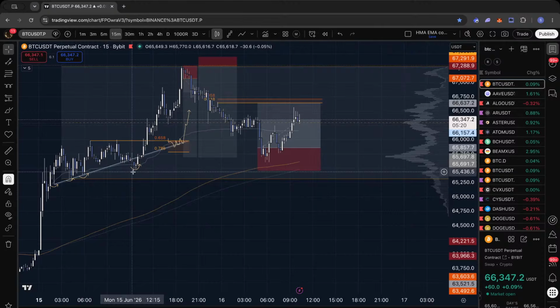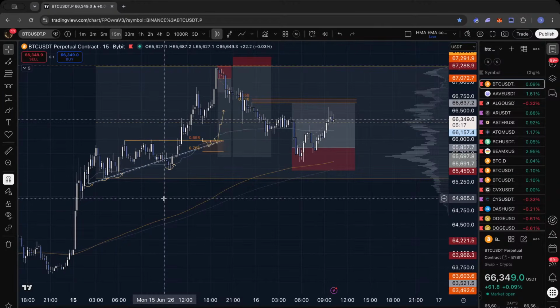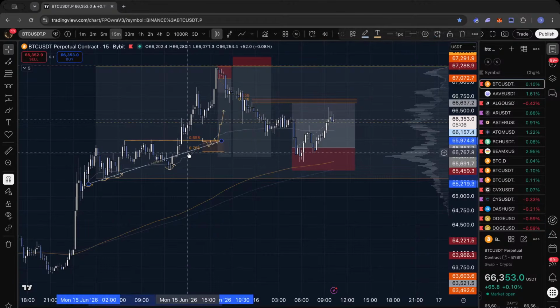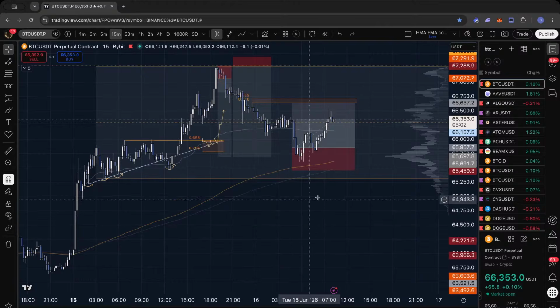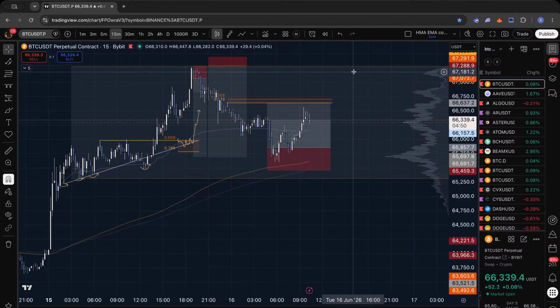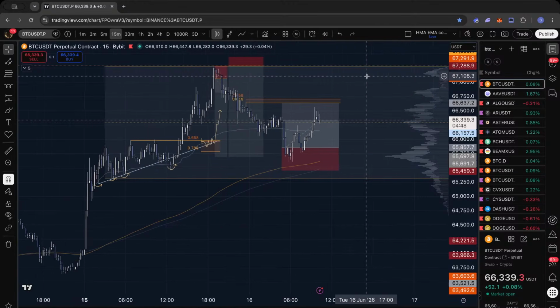Someone asked why I didn't go for a swing failure. Well, because I saw that the market won't just swing failure that pivot low, and will actually create equal lows. Technically speaking, it's a big Wyckoff distribution going on here, and that's the reason. Now I'll try to play what the market gives me.